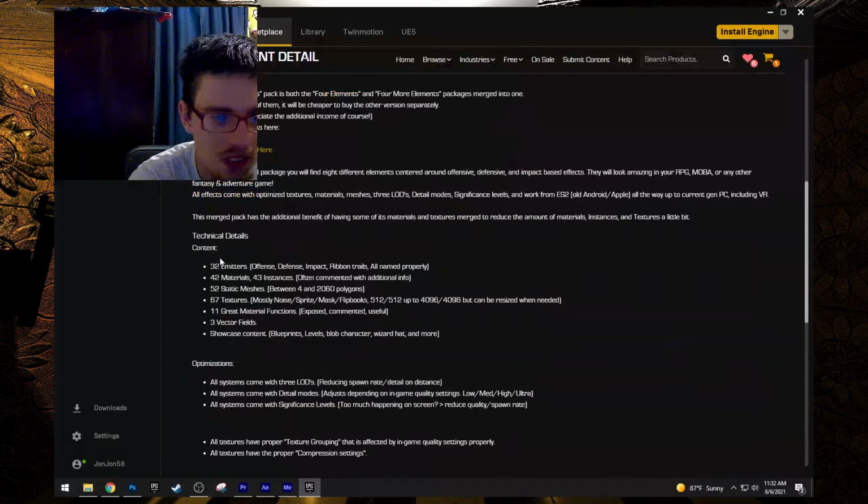Let's see what does it contain? 32 emitters: offense, defense, impact, ribbon trails, all named properly. 42 materials, 43 instances, often commented with additional info. 52 static meshes between 4 and 2060 polygons. 67 textures, mostly noise, sprite, mask, flipbooks, 512 by 512 up to